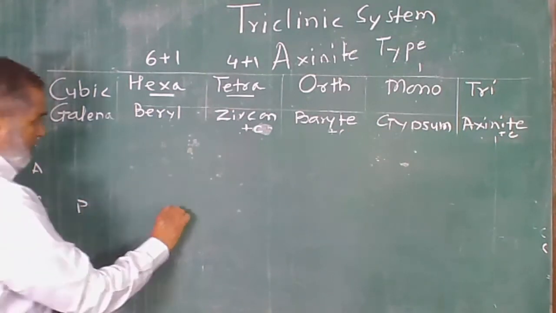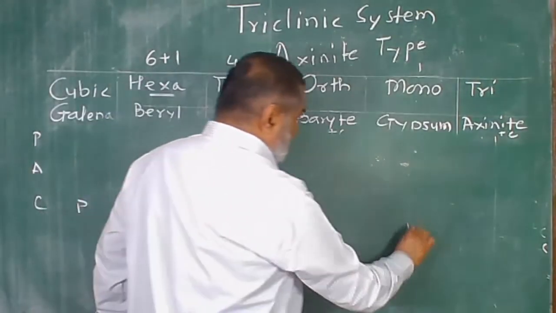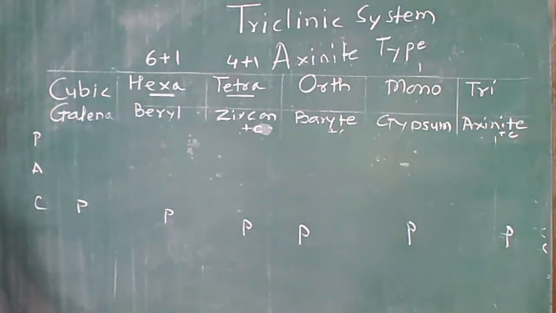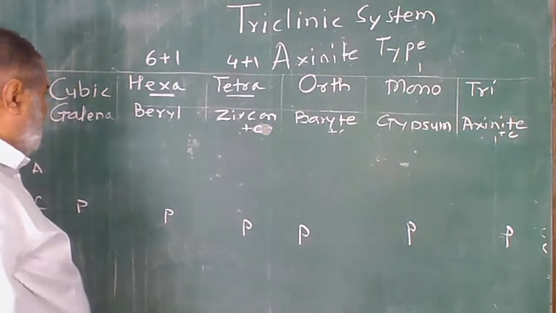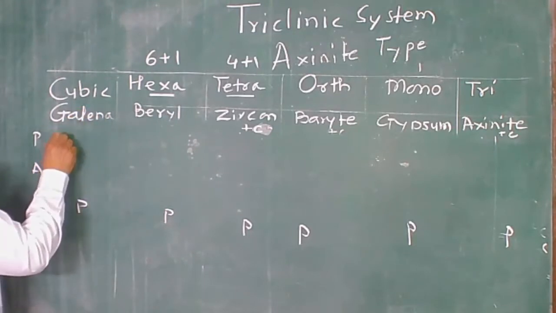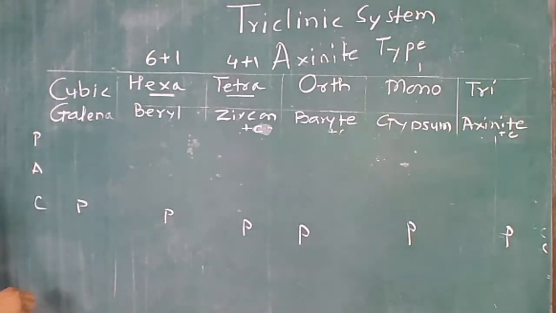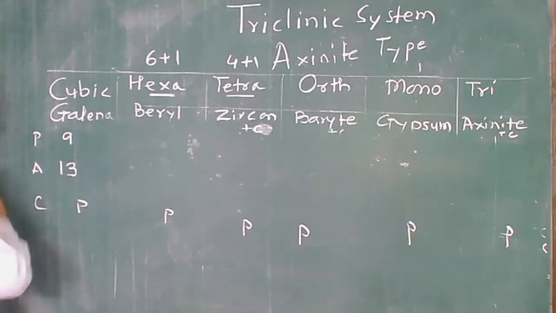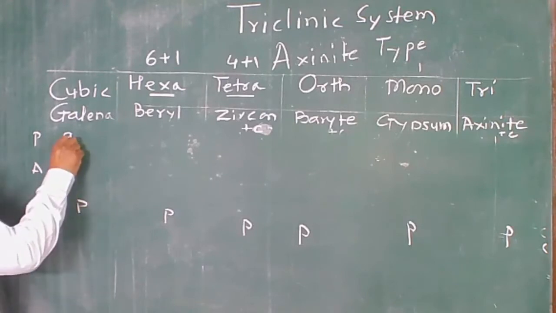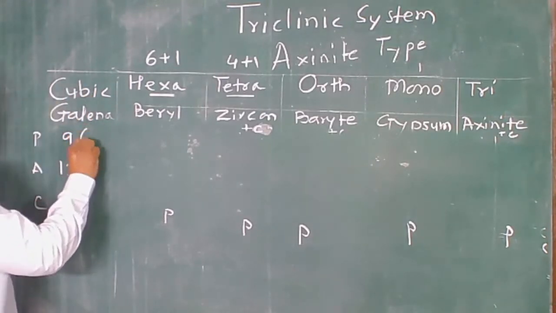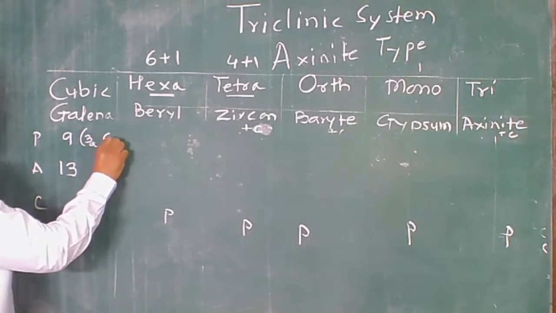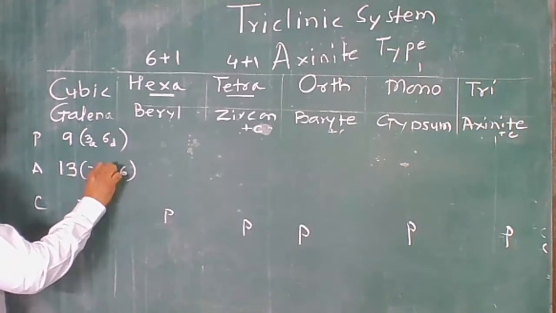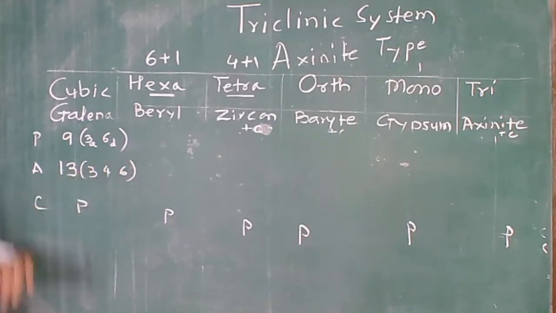Center of symmetry is present in all systems, so there will be no confusion about that, and all the systems have planes of symmetry present. In the cubic system, we have 9 planes and 13 axes. Now in these 9 planes, how many axes are there? 3. So 3 are axial and the remaining are diagonal. As it is, write down on the corner, subtract the number, and you'll get the middle number: 3, 4, 6.